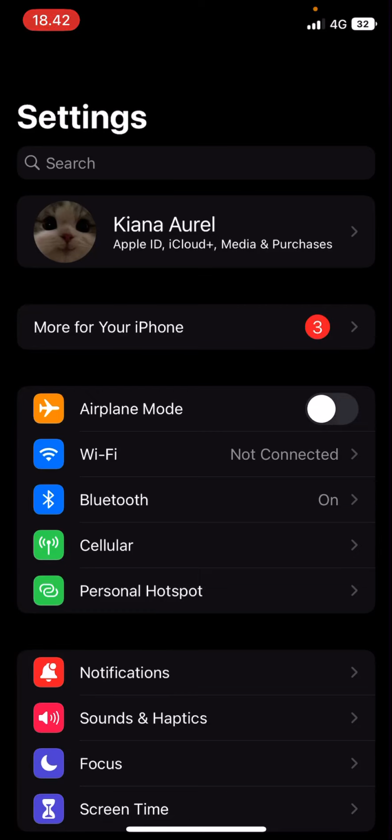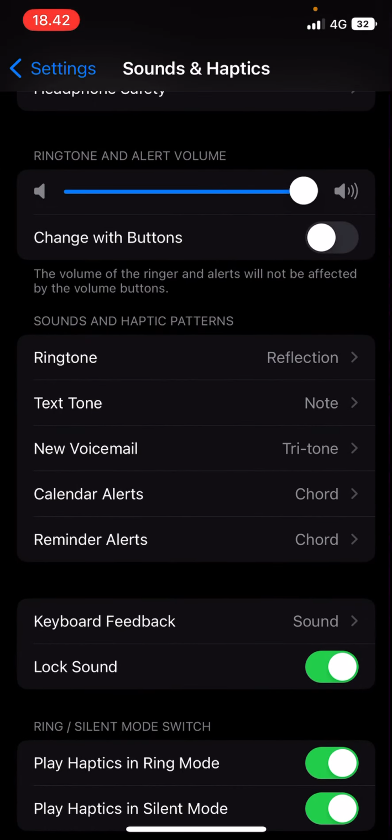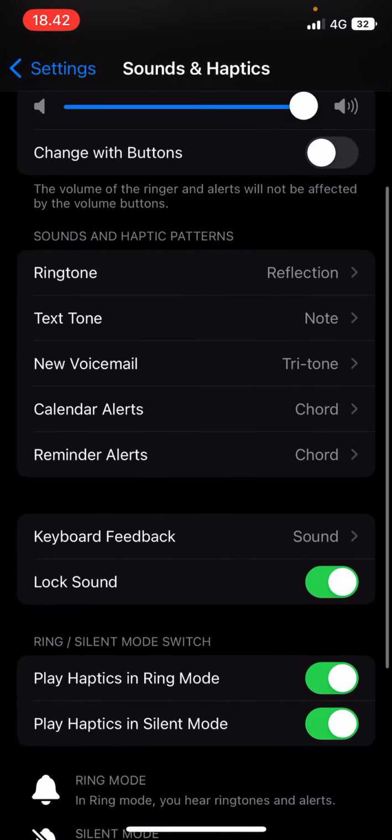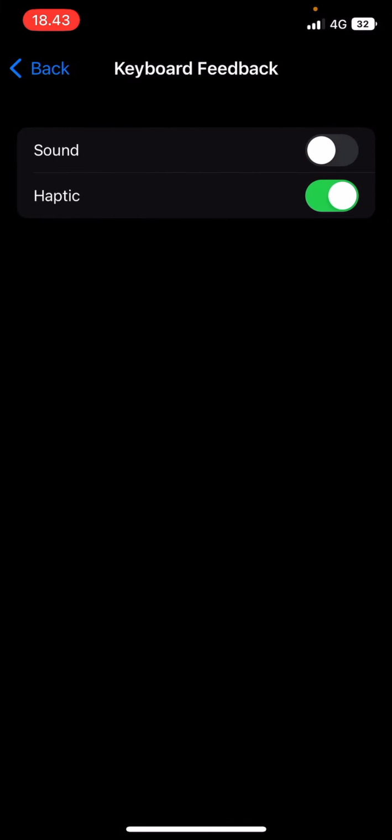In this video I will be showing you guys how you can enable the keyboard haptic feature on the new iOS 16 software. So go to Sounds and Haptics right here, and as you can see I have sound under keyboard feedback. So if you want to add the haptics, select the keyboard feedback tab and enable haptic and turn off sound